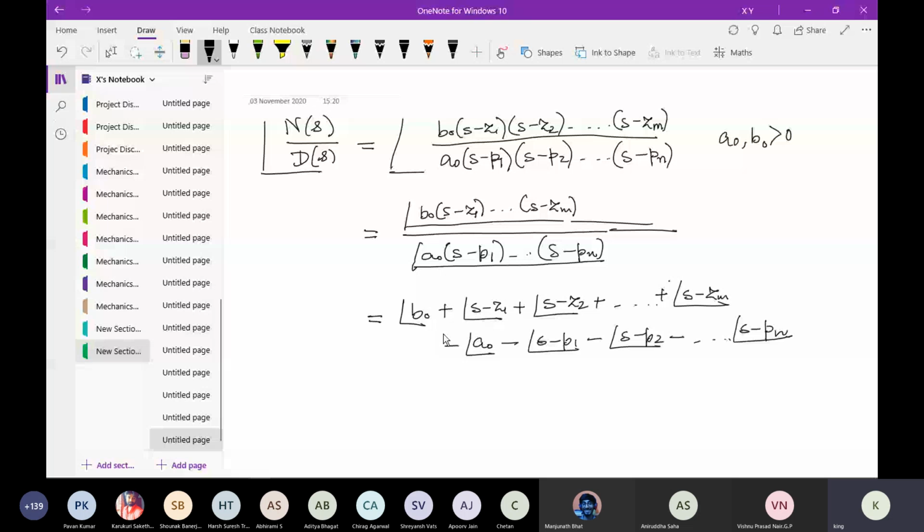So these two will not contribute anything, and you are simply going to land up with